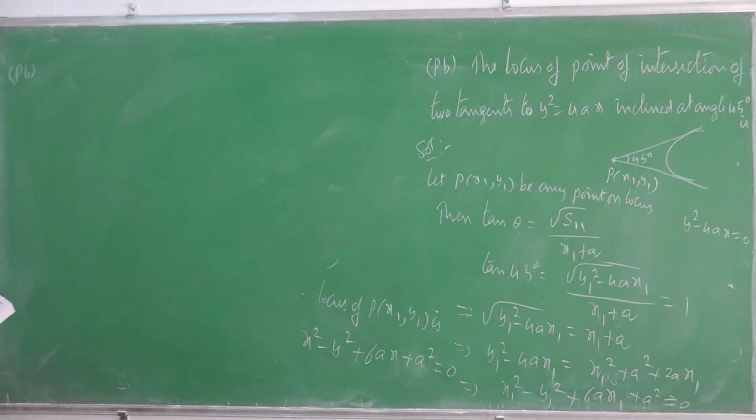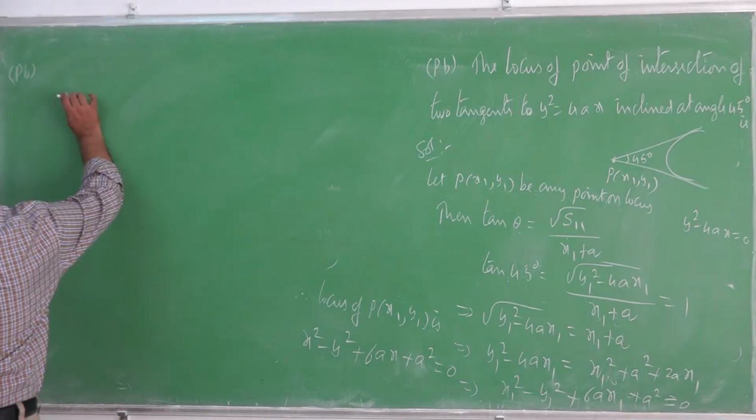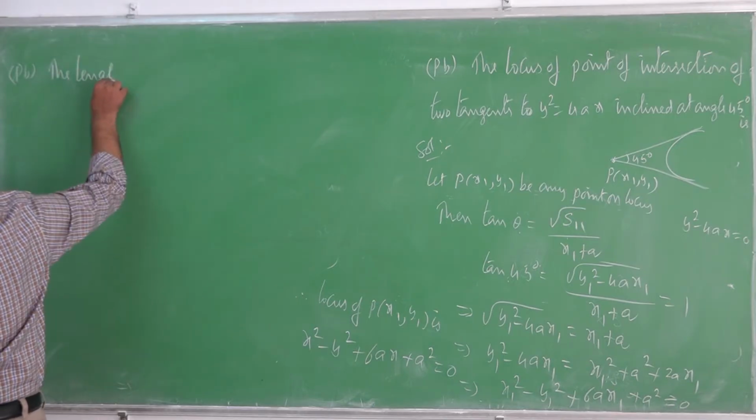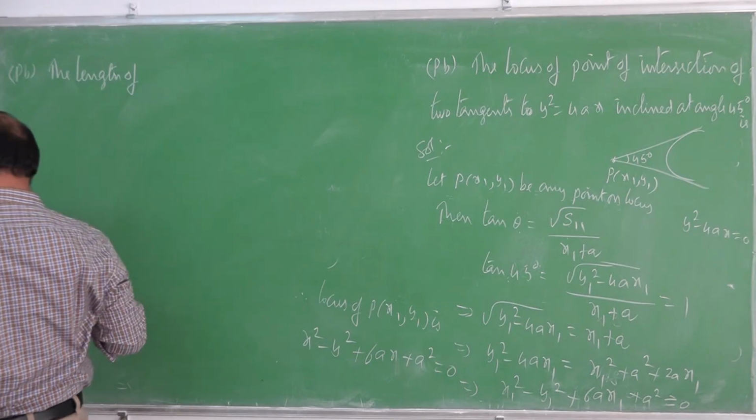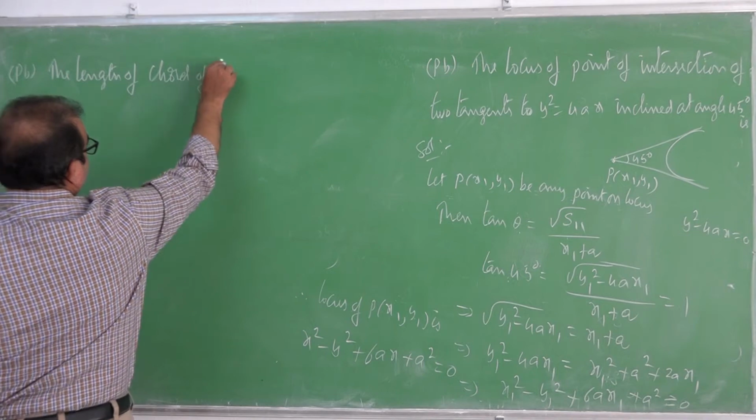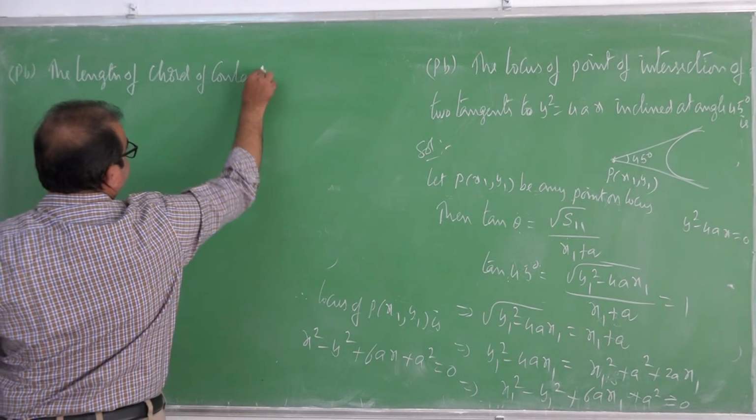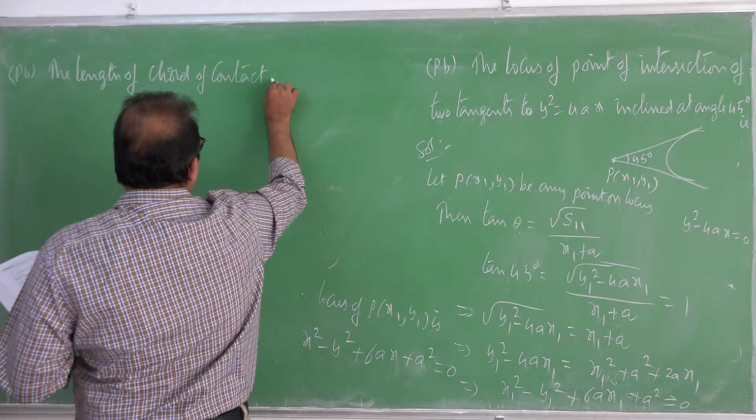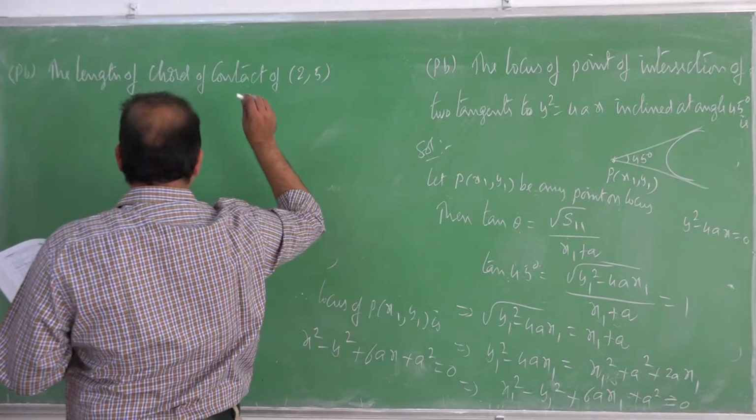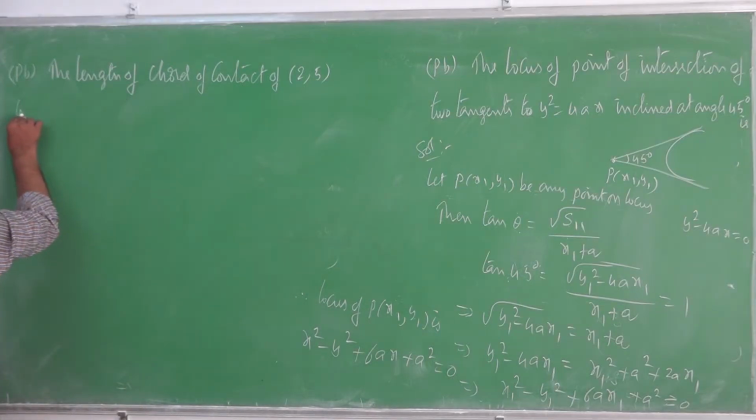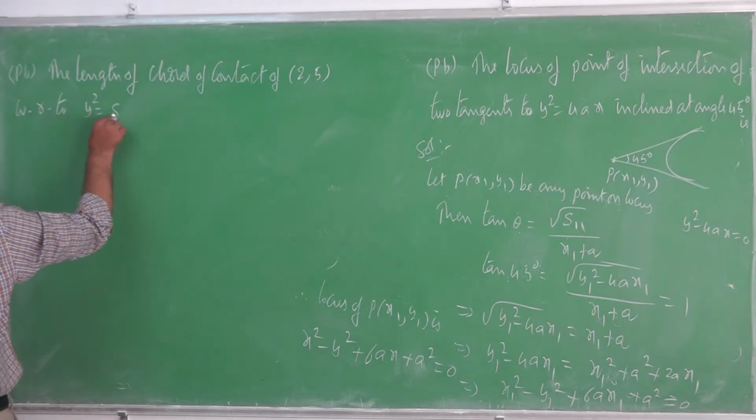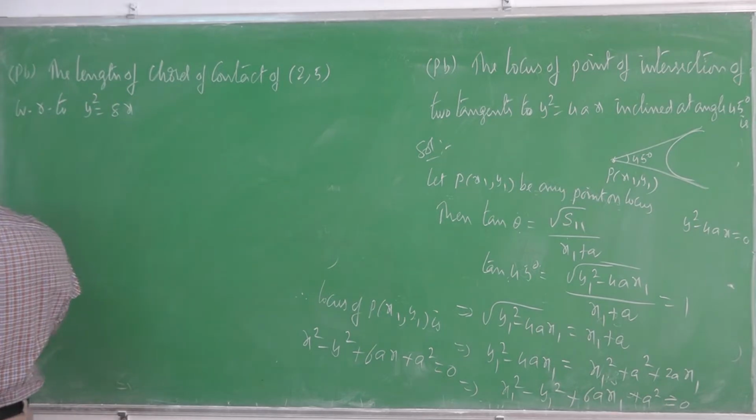Write the next problem. The length of chord of contact of the point (2, 5) with respect to the parabola y square is equal to 8x is